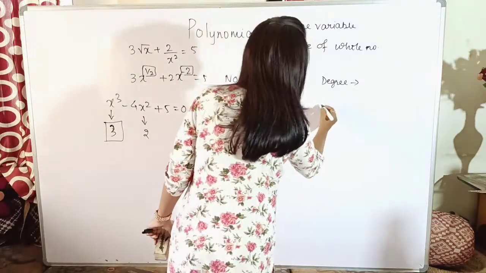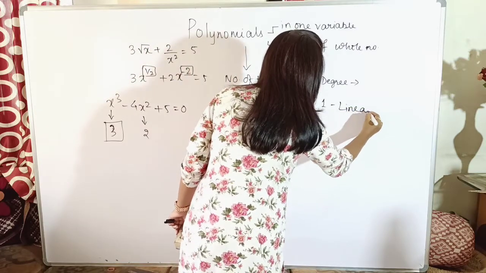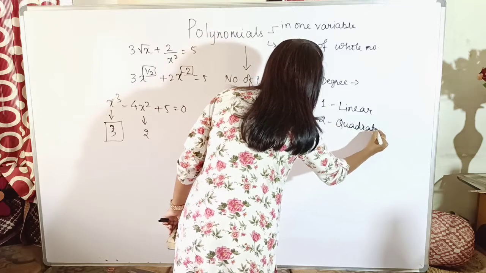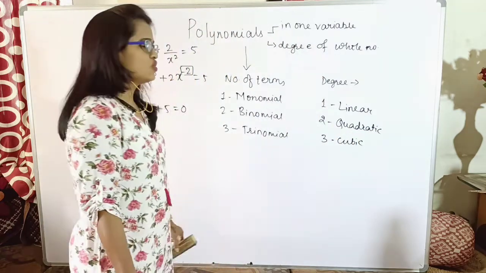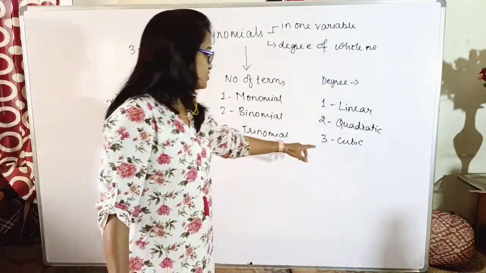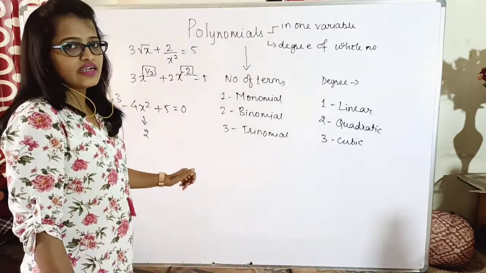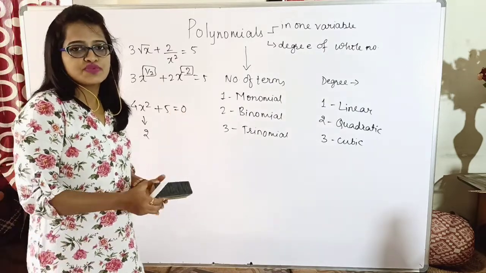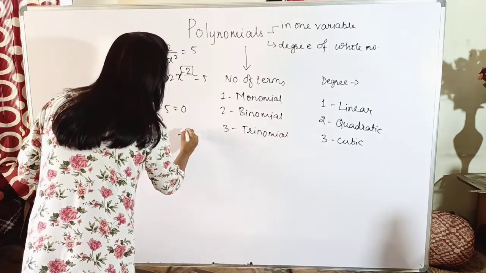So similarly, if the degree of the polynomial is 1, what is it called? It is called a linear polynomial, whereas if the degree is 2, it is called quadratic, and if the degree is 3, it is called cubic. Whenever you are dealing with the degree, it is not necessary that the number of terms should be equal to the degree. If I say that the given polynomial is cubic, it is not necessary that there should be 3 terms in it. Only the degree of the given expression has to be cubic, and it could happen that there is only a single term present in the equation.